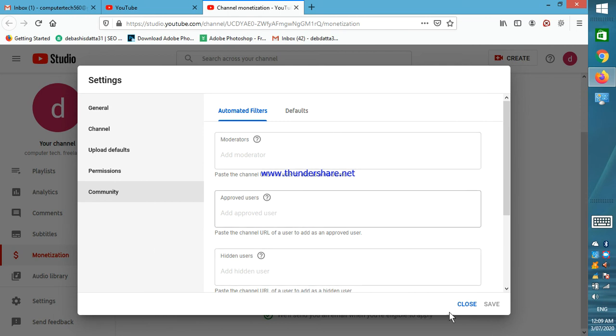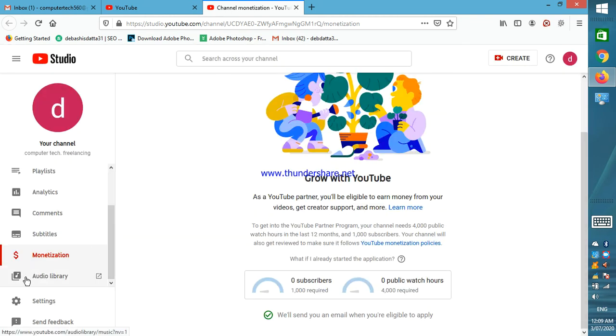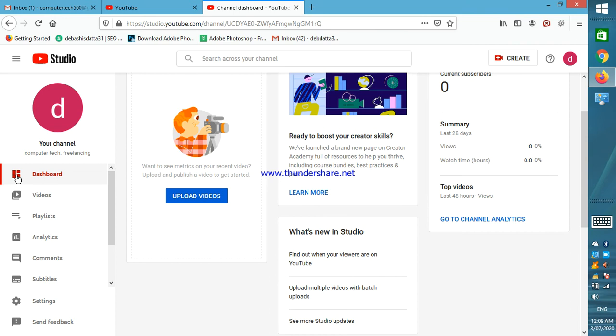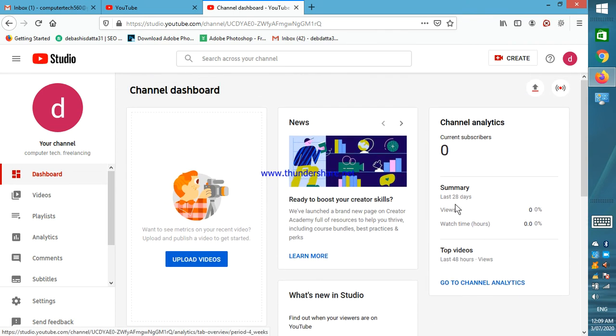So whatever change you do from here, after that you click save. So the first option is dashboard, you click here on dashboard, and on dashboard you can see a summary of your viewers and watch time hours from here.